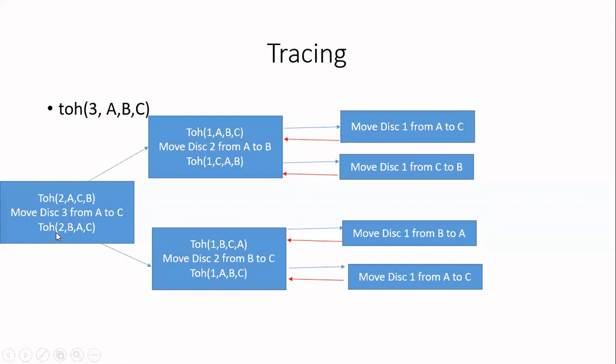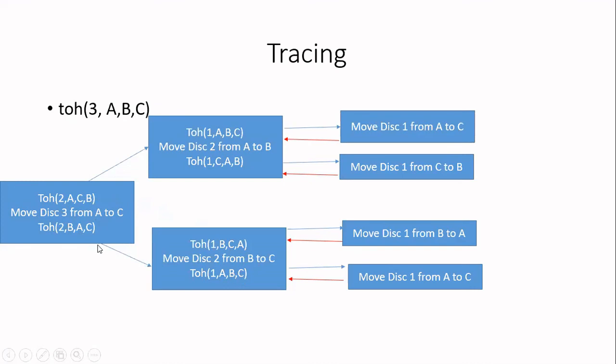So the nth disk is nothing but disk 2. So move disk 2 from source to the destination. Source is B, destination is C. So write it. Then in the next step, move n minus 1 disk from auxiliary to the destination. So n is 2, so n minus 1 is 1. Write it. From auxiliary to destination. See this, auxiliary is A, so write it first, and destination is C, write it at the last.